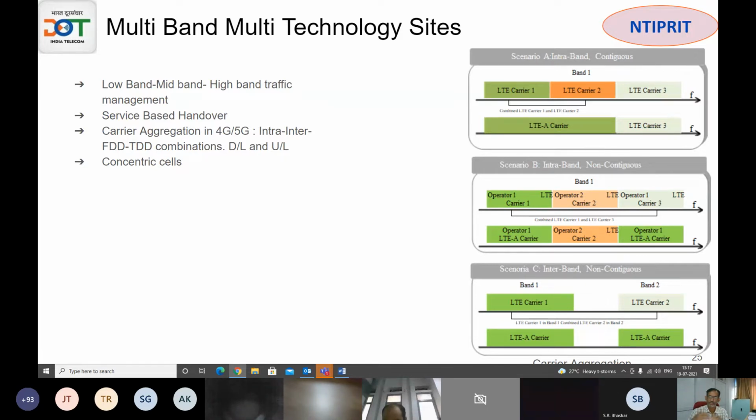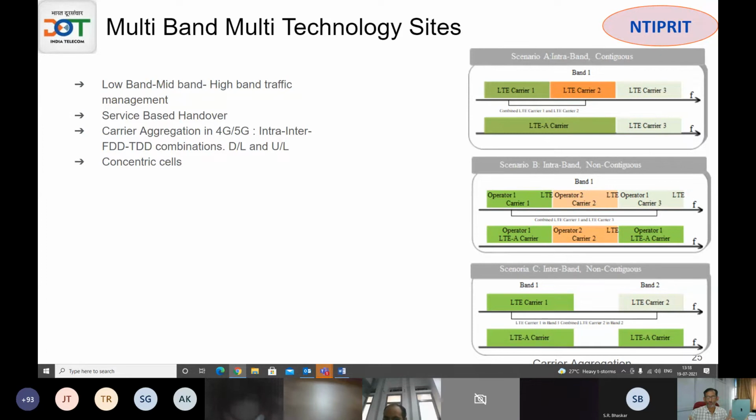3G evolved up to release 8, then release 9 came. With release 8, 4G also came, and 3G was also evolving. Then the dual carrier concept in 3G came, when you can combine 2 carriers and give a throughput of say 56 Mbps in 3G. But this again did not take off in terms of handset ecosystem because by the time 4G came. In 4G, this was there from the beginning itself.